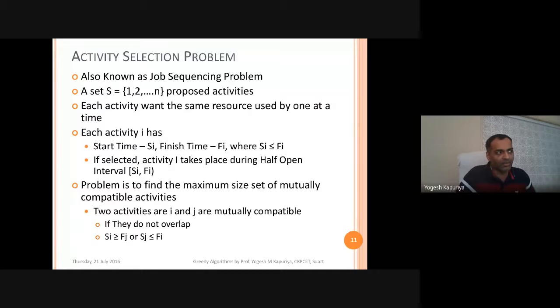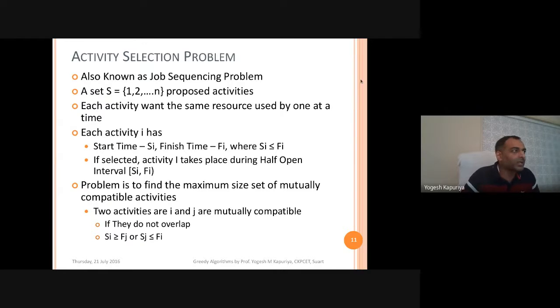That means the number of activities in your selection set should be highest. That should be your solution. In generic terms, you should make your selection in such a way that you can perform the maximum number of activities, so you skip a minimum number of activities throughout your entire day. That is our objective.